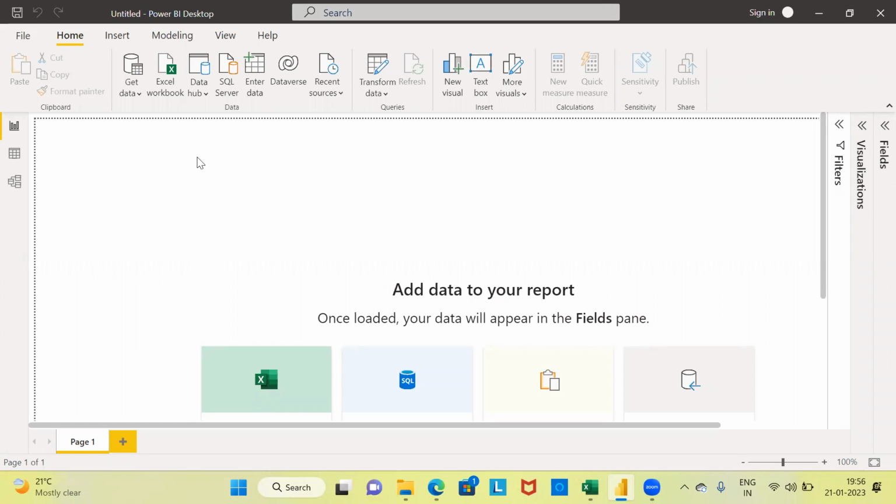My name is Mithun. In today's video, I'll be talking about how to create a data model using Power BI. Even before I proceed to demonstrate how to create a data model using Power BI desktop,